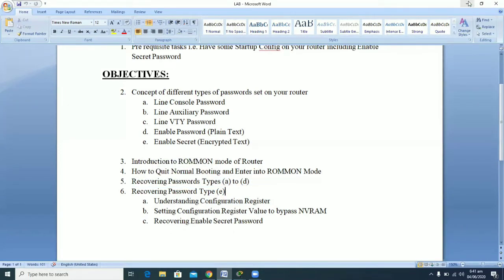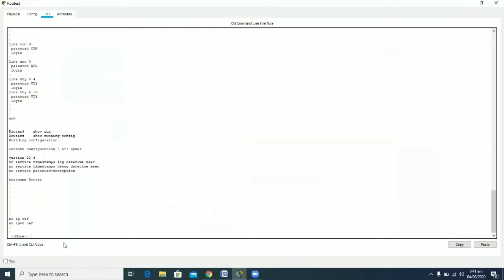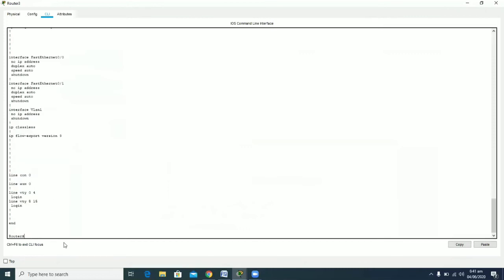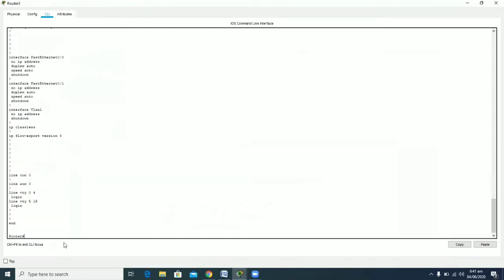So now what you have to do: you have entered the enable mode of your router, and here if you type the show run command, then the running configuration is clear, because the running configuration hasn't copied the startup configuration from the NVRAM. That is the reason why you are not asked for any sort of password. So when you check the show run command, there is no configuration whatsoever.